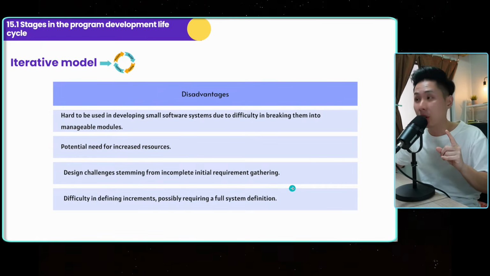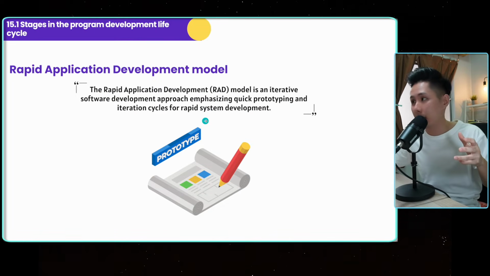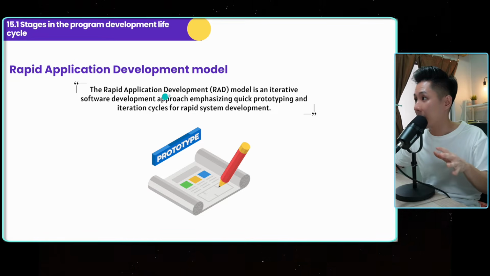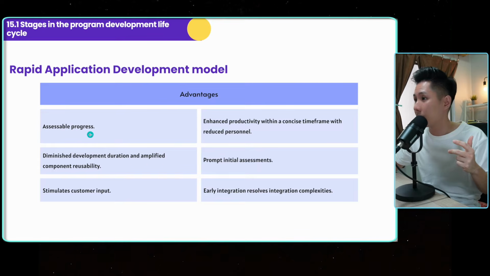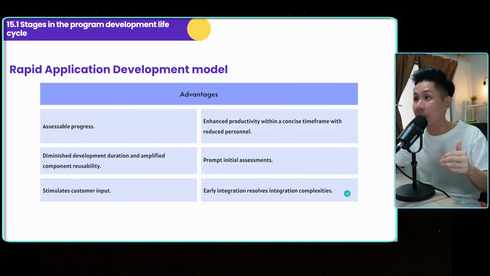And that's the iterative model. The next one is very similar to the iterative model. It is called the rapid application development model. It's an approach emphasizing quick prototyping, meaning you create a real product, and an iteration cycle for rapid system development. The advantages: accessible progress, enhanced productivity, prompt initial assessment, diminished development duration, stimulated customer input, early integration, resolved integration complexity. So very similar to the iterative model, but this one they create a real model as fast as they can,